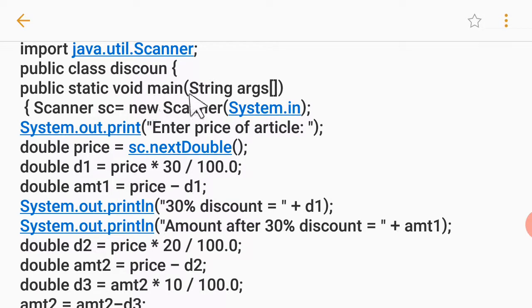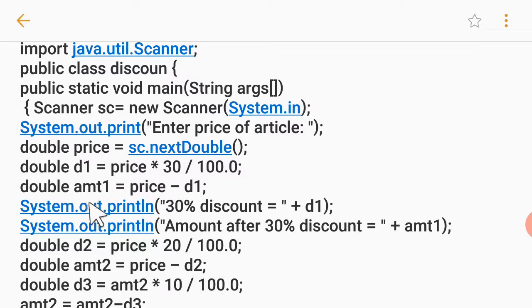It's just the name of the class. Public static void main String args. Then we create the object of the Scanner class. So Scanner sc equal to new Scanner(System.in). Then we have enter price of the article, right? After that, double price equals sc.nextDouble. Then double d1 equals price asterisk 30 upon 100.0. All right.